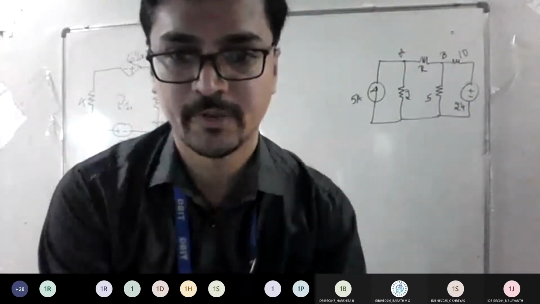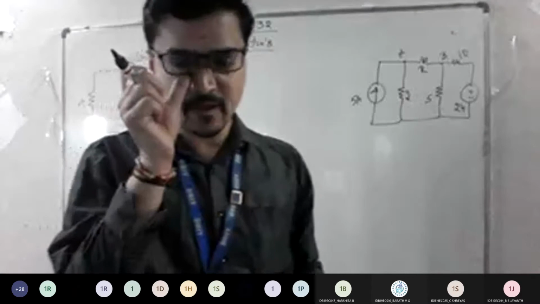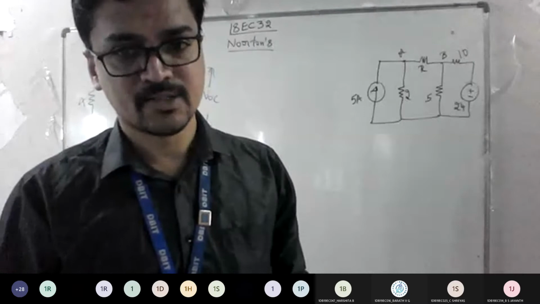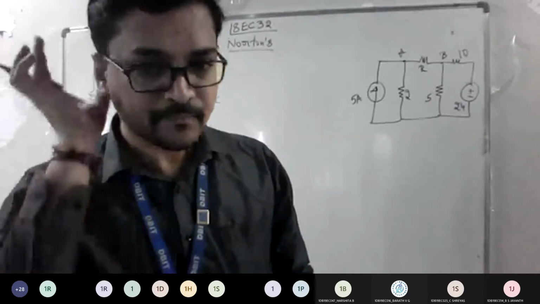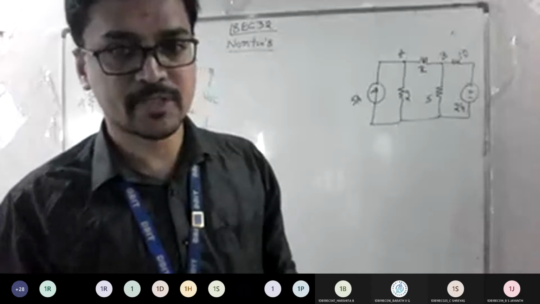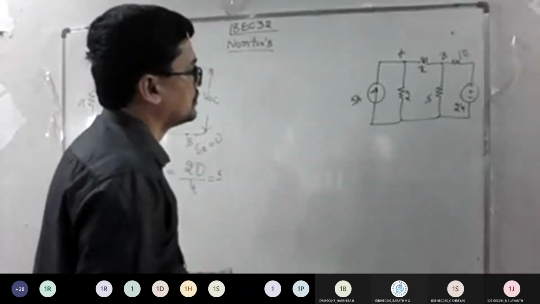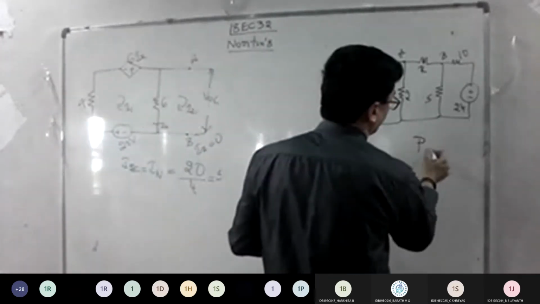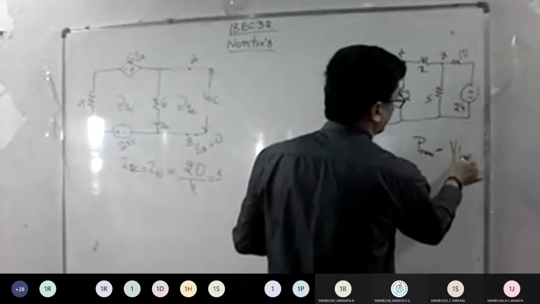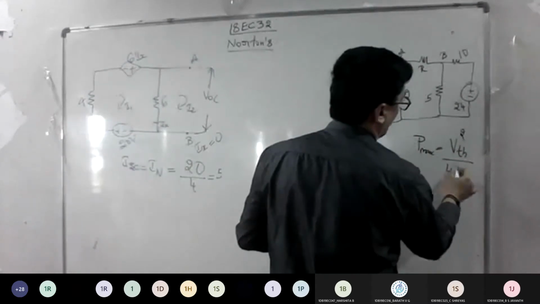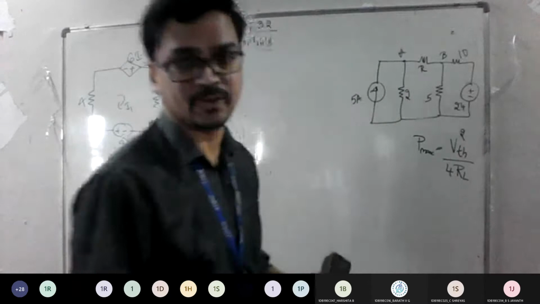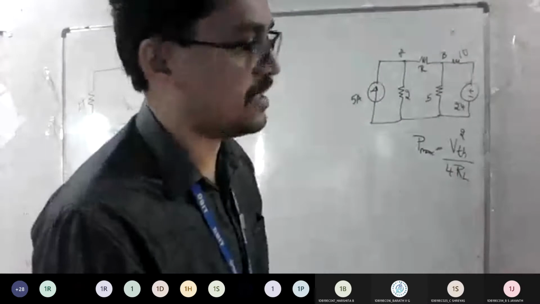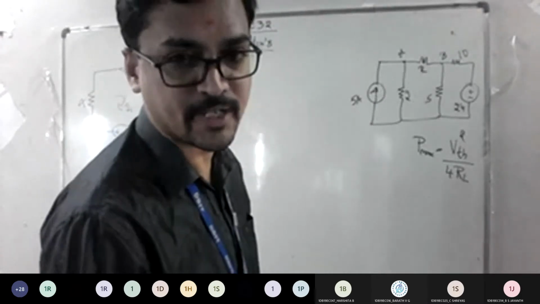We will stick with the procedure we used to find this. So the ultimate goal is to find the power. The formula to find the power, I told you, says VTH squared divided by 4 RL. So RL is nothing but your R equivalent only. Both are the same. Whenever you are given a network, try to write the formula first. It will be helpful for you to calculate. So maximum power is VTH square divided by 4 times RL. Whatever you are going to find for this problem is itself R equivalent. So you can write 4 times R equivalent also. Shall we proceed?